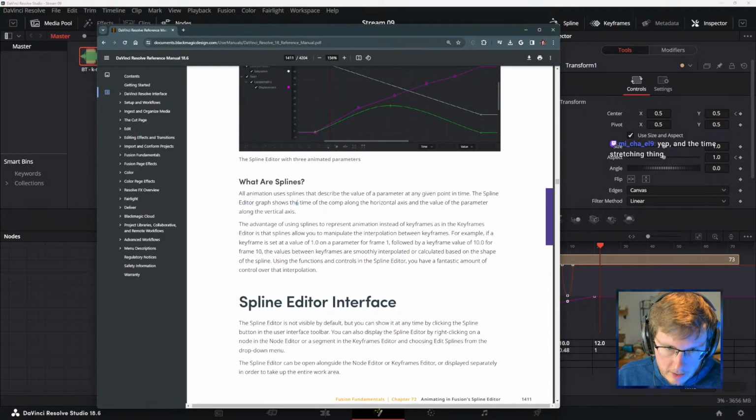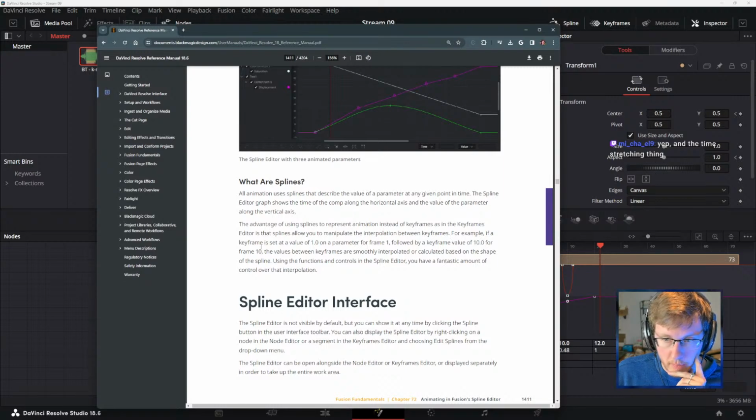The spline editor graph shows the time of the comp along the horizontal axis and the value of the parameter along the vertical. The advantage of using splines to represent animation instead of keyframes, as in the keyframes editor, is that splines allow you to manipulate the interpolation between keyframes.